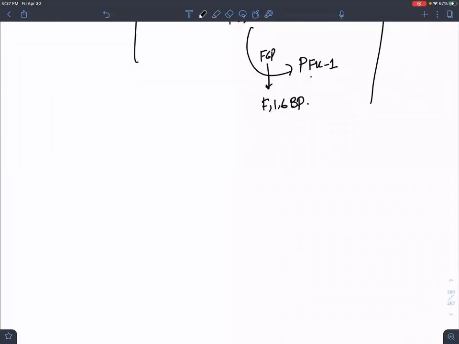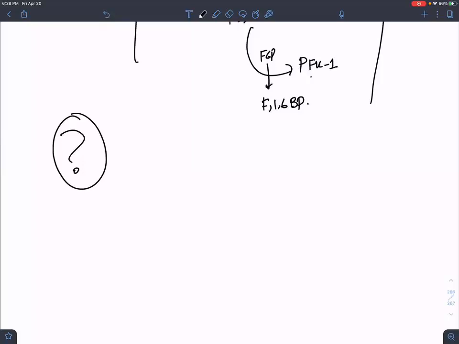What is the proof? If someone asks you a question, what is the proof that insulin is doing glycolysis? Give him this example. See how you will explain him. You will say, see my brother doctor, see my colleague, see my dear. Once insulin comes on the surface cell receptor, it will lead to dephosphorylation of the enzymes, because we know from the concept that phosphofructokinase 2 is active in the dephosphorylated form, while fructose 2,6-bisphosphatase is active in the phosphorylated form.